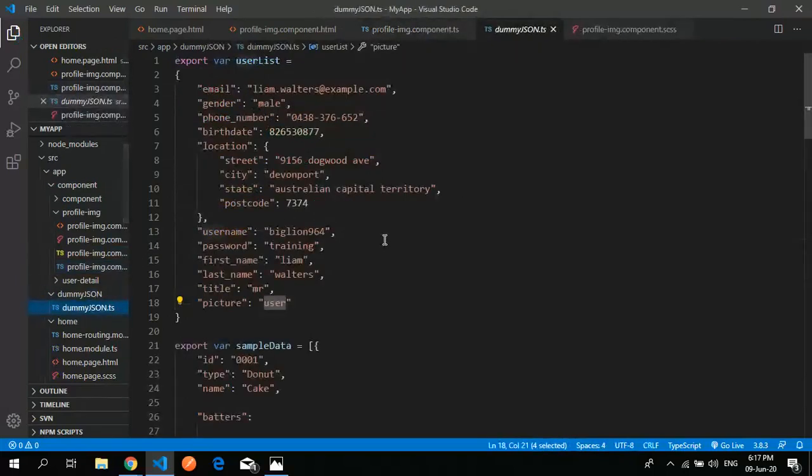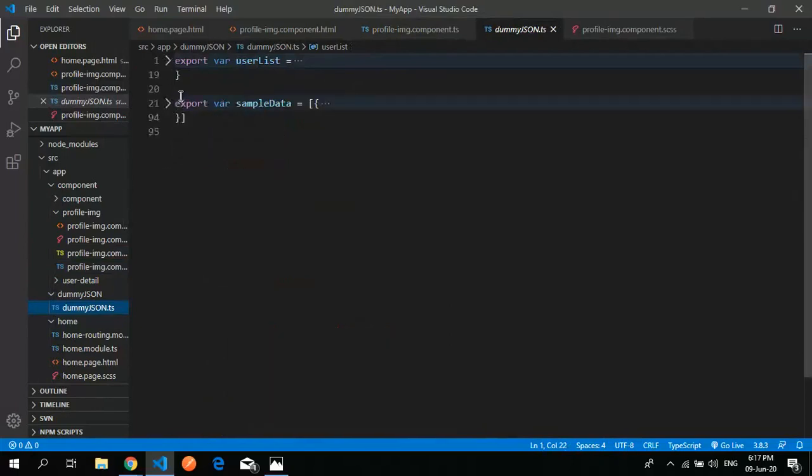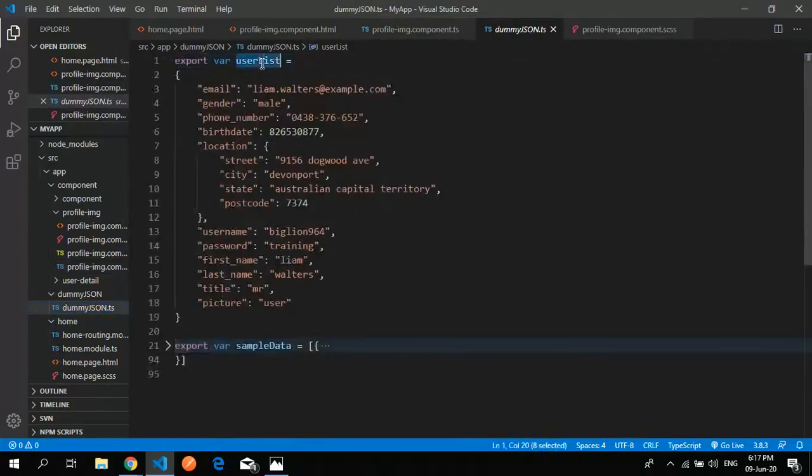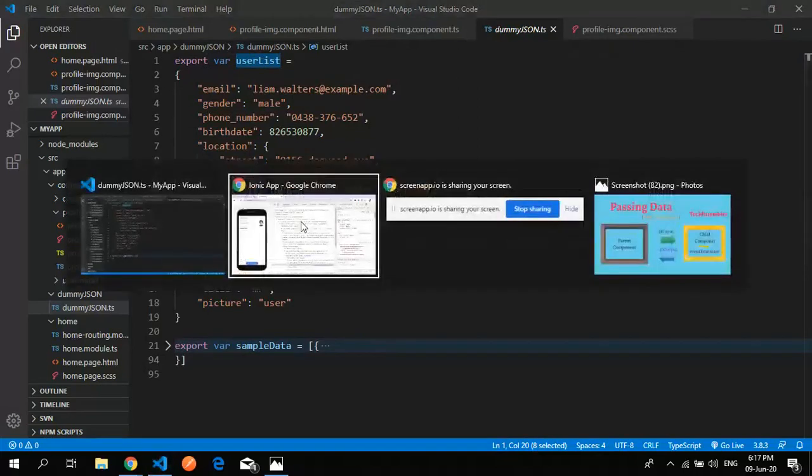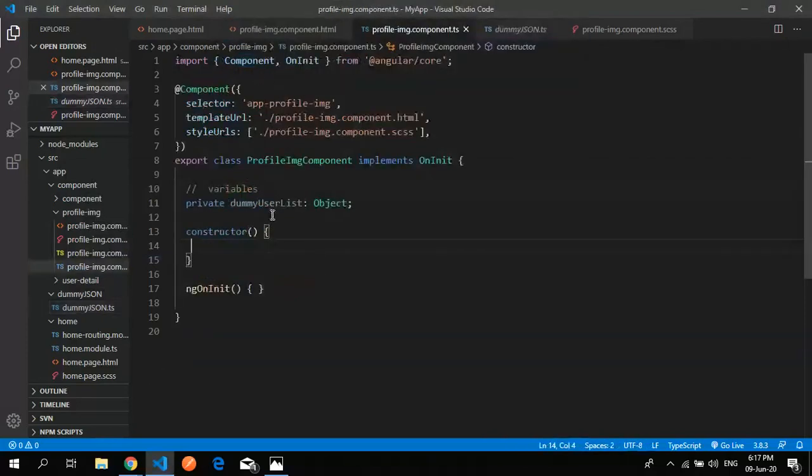This is my file, and here I've made two variables that I am exporting. So I just need to import one of these variables. I will import user list. And in user list, I have one user. It has a name and other things. Okay, so I just import this user,